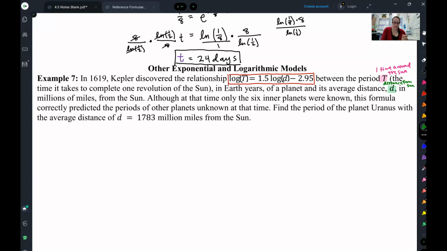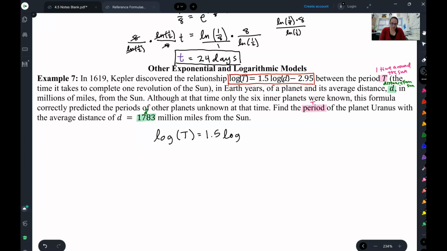So our question is to find the period. So we are finding t of the planet Uranus with the average distance of d, 1783 million miles. Now, d is already in millions of miles, so I should just be able to use 1783 for my d. So, let's plug this in. We have log of t equals 1.5 log of my d, which is 1783,